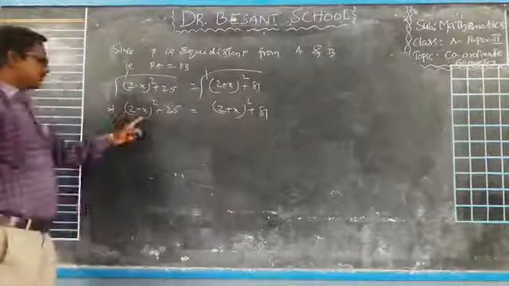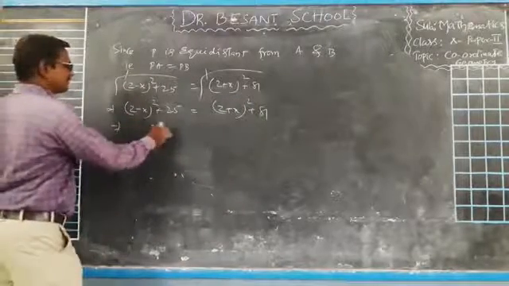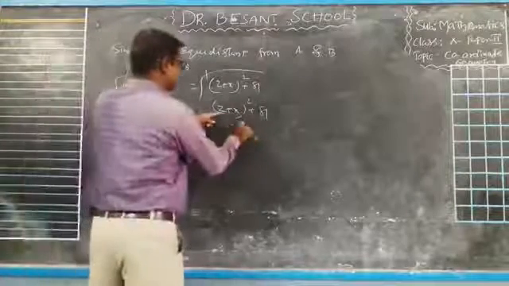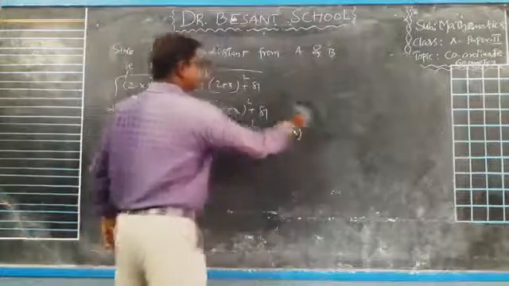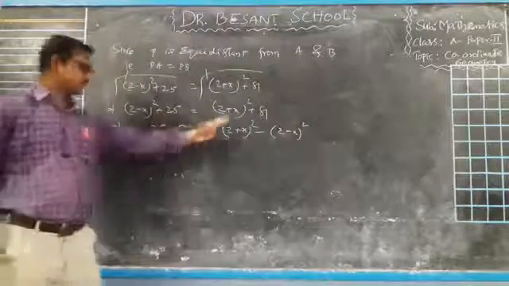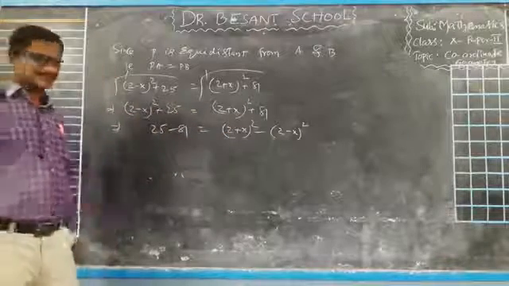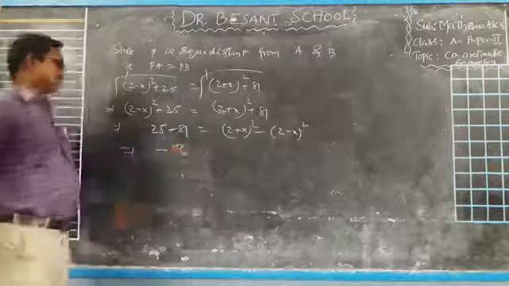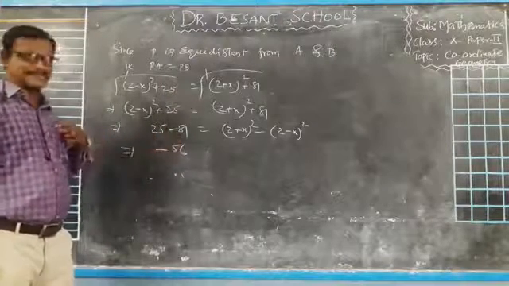So let me explain in the formula, or else simply it is 25, that 81 comes minus 81. This is (2 plus x) whole square, this comes minus of (2 minus x) whole square. It is 25, this comes minus 81. It is (2 plus x) whole square, it comes minus of (2 minus x) whole square. It is minus how much? 56. 81 minus 25 is 56. Minus 81 plus 25 is minus 56.